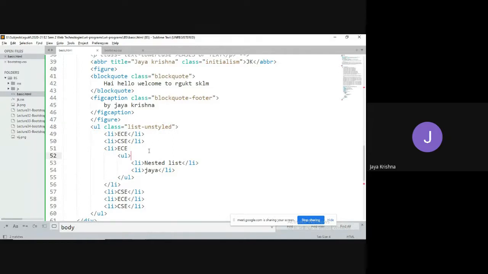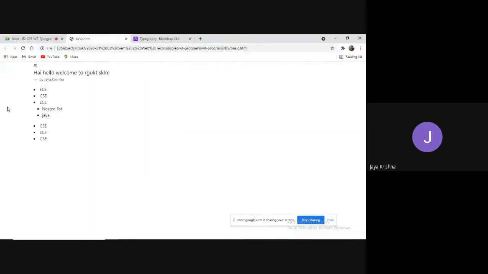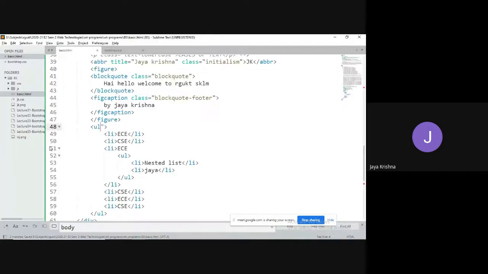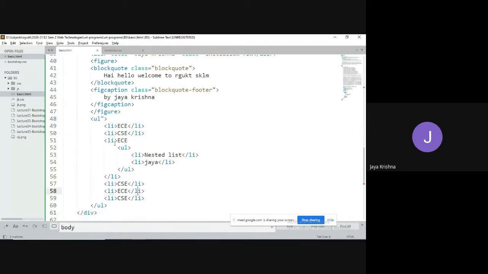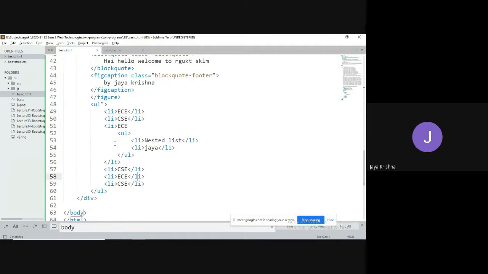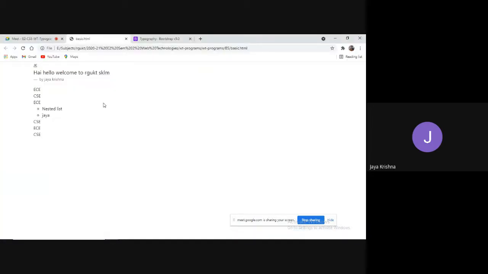For example, I have removed this one. For this one, yes, it will look like this. I want to make every list item instead of displaying in the block format. By default every list item is at block level, right? Instead of displaying the block format, I would like to make it in the inline format. Inline means it is going to take only the required amount of space, right? At that time we have a class called list-inline. You can observe how they look.